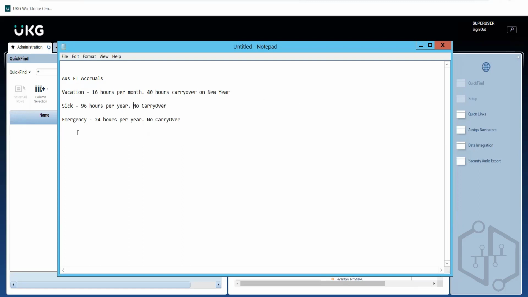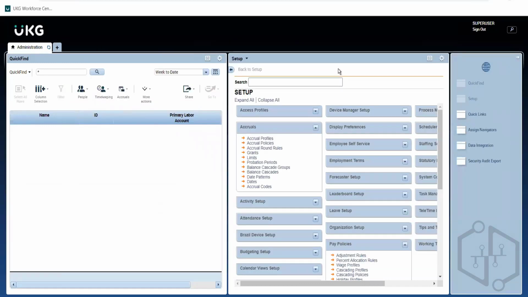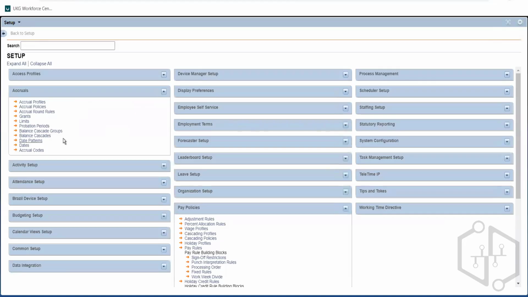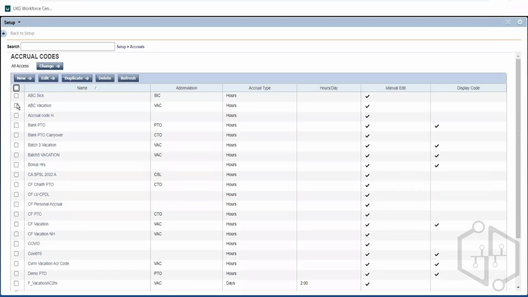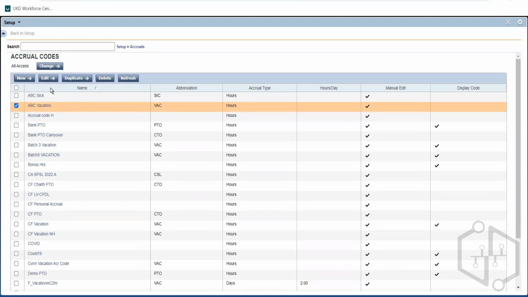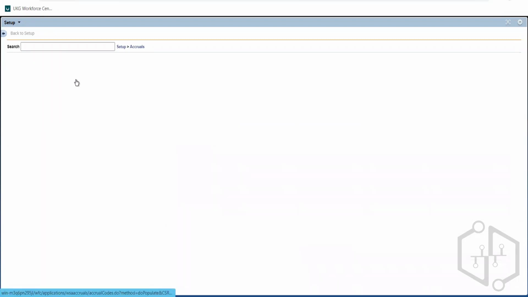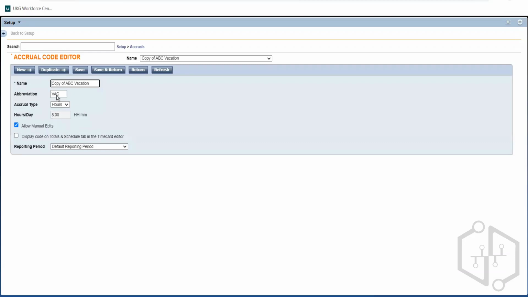Now let's start building the policy. So we already have accrual codes for vacation and sick. We have built them with the names ABC vacation and ABC sick. We have 2 codes here. We don't have a code for emergency. So let's build a code, or what we can do is directly duplicate this. Click it and click on duplicate, and we change it to emergency, and we can mention